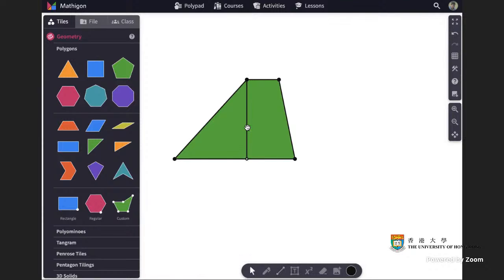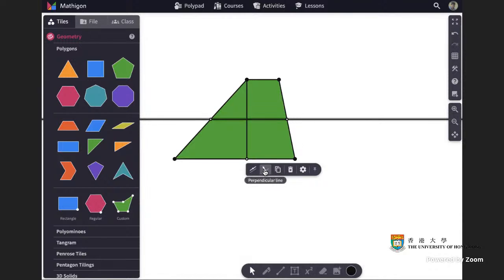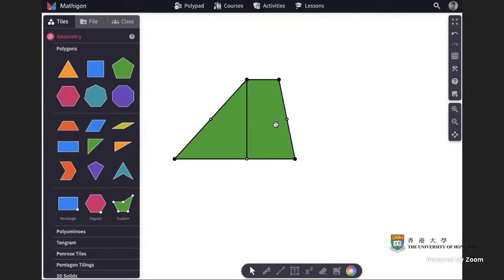And based on this segment, you can also add the perpendicular bisector, right? So that you will see the midpoint here, right? And you may hide this afterwards, right? Okay, for the original